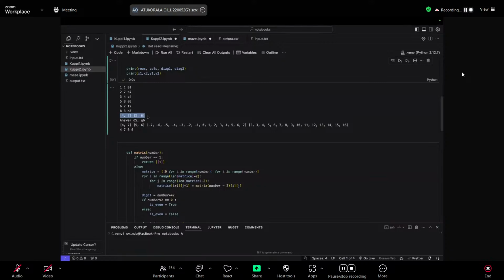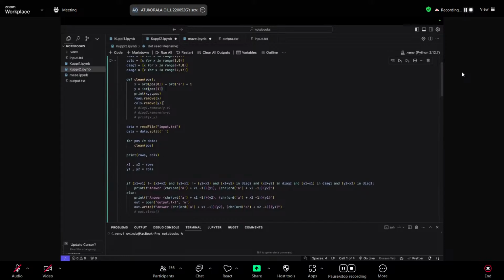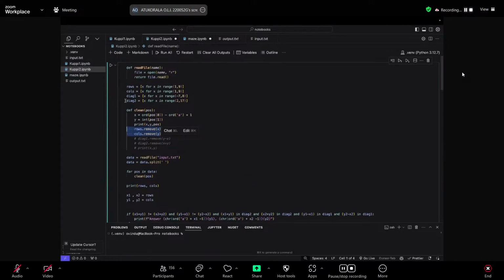So now this is actually the easy part of this code, right? Because anyone can understand, okay, when you get a queen, you can't attack in the same row and column. If we can remove it like this, it's very easy. You saw it's just one line of code to remove a row and a column, right?